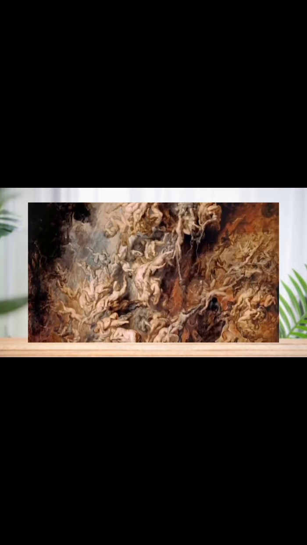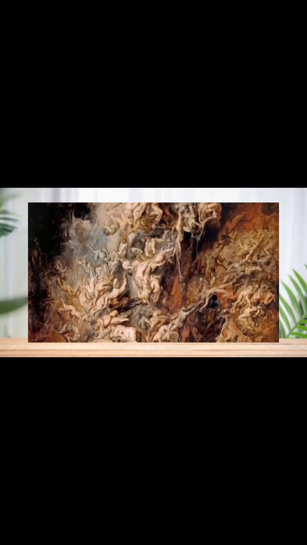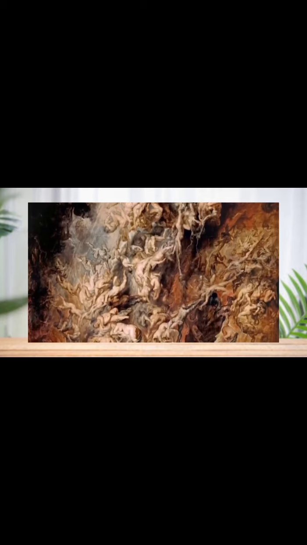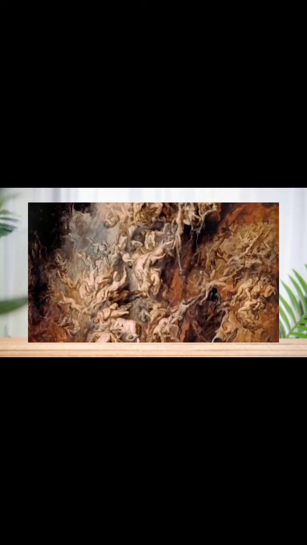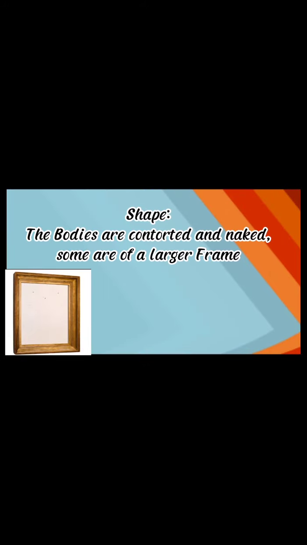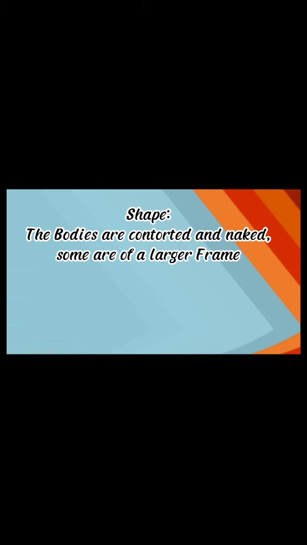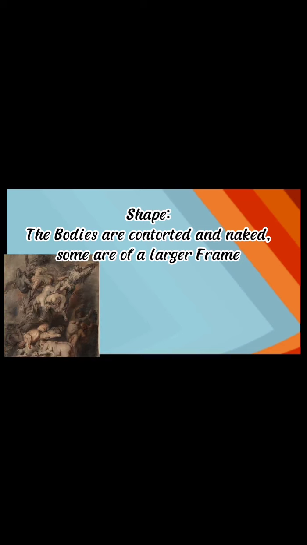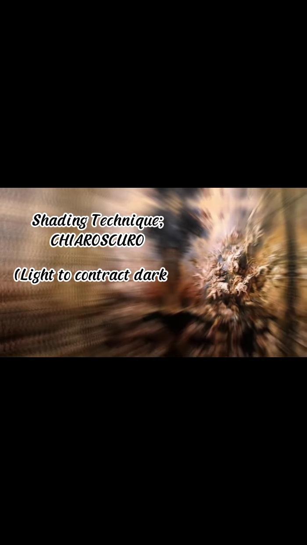When you look closely, we see all the figures and whole bodies. They are the people who have committed many sins. As you see them, there are demons around their bodies. The colors that they use are black and red chalk with gray. The bodies are contorted and naked. Some are of a larger frame, while others look almost seductive in form, indicating gluttony and lust from the deadly sins. The shading technique that they use is